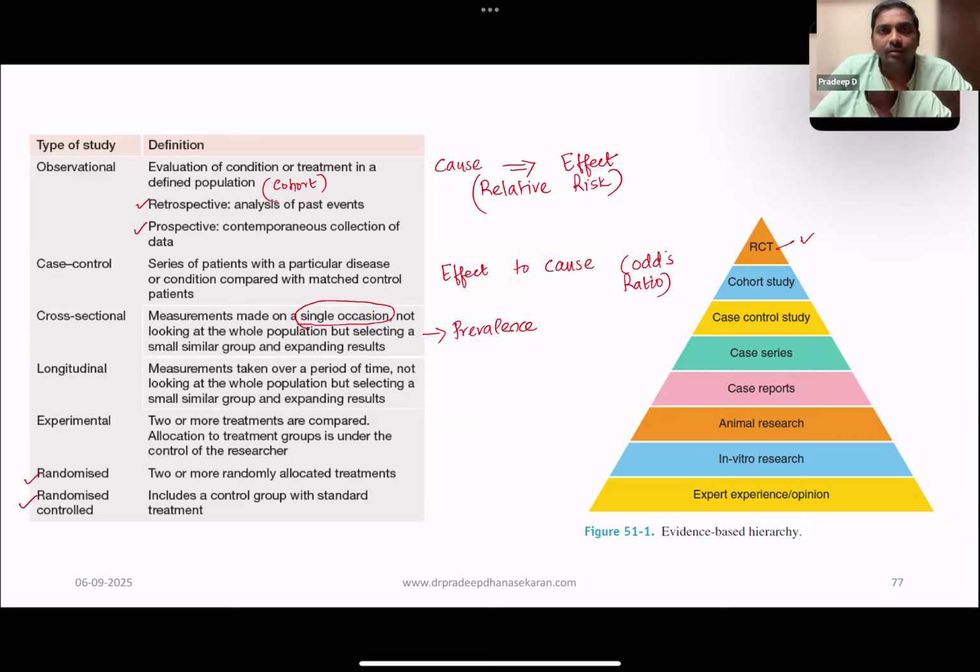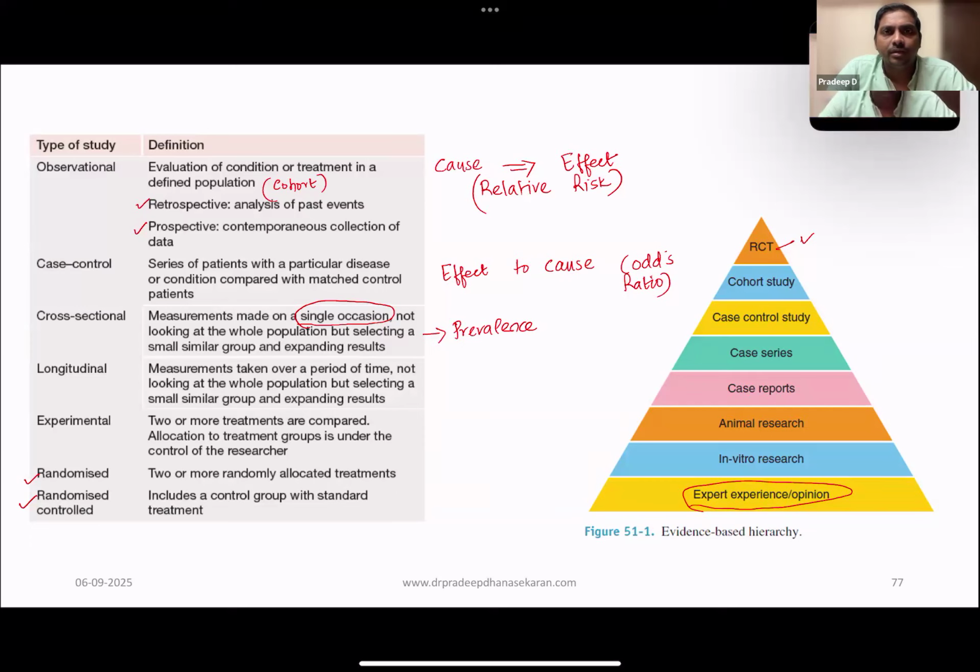That means whether it is a well-conducted trial or not a well-conducted trial is where the validity of a study will come from. We will understand that about validity in the forthcoming slides. So at the top will be the randomized control trial. Just below it, further down the ladder, will be the cohort study, and then the case control study. Then you have a series of case studies, reports, and finally only expert opinion. Generally, in any forum, if anyone says "in my experience," that becomes the lowest level of evidence